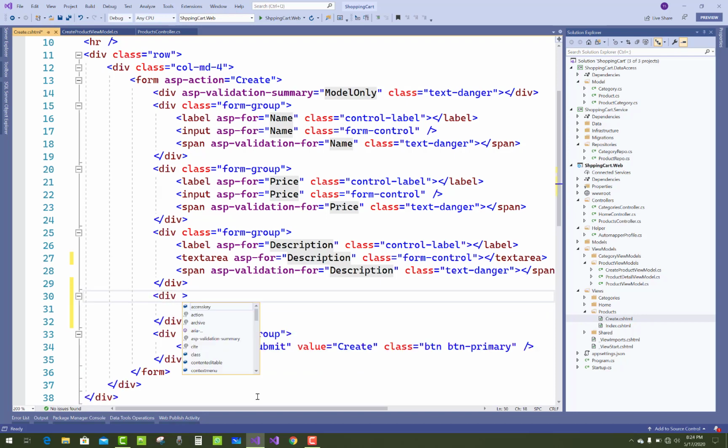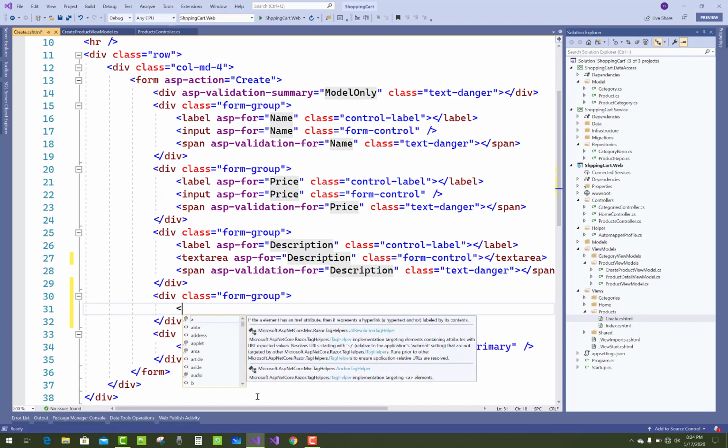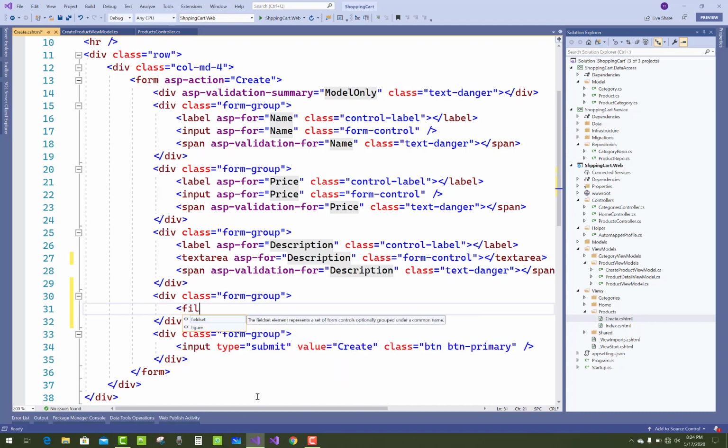For the product image, add a div with class form-group, and the input type equals to asp-for product image. It's not a type actually, you have to add the asp-for attribute instead of type.